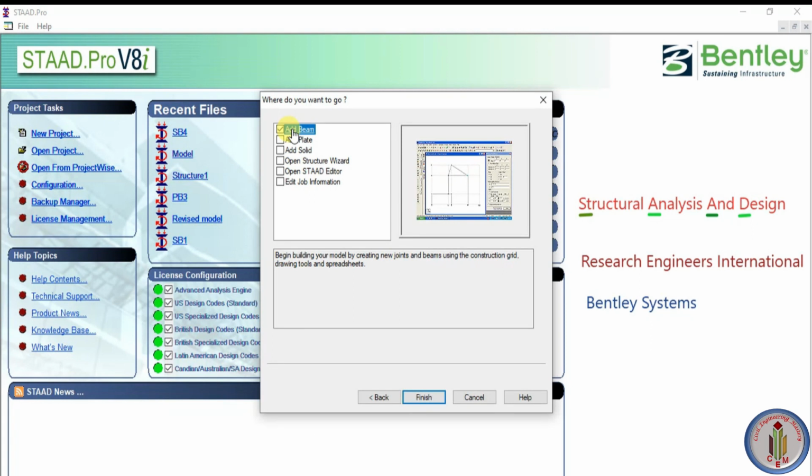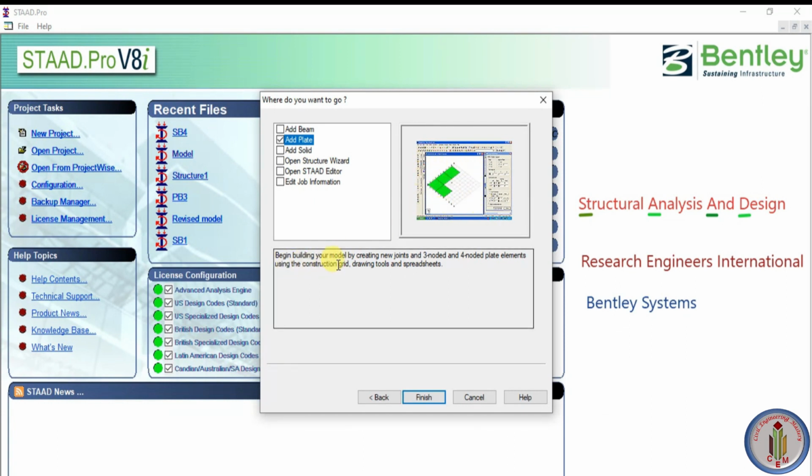If you select add beam, then you can read this: begin building your model by creating new joints and beam using the construction grid. So according to this we can draw a model. Okay, next, add plate. So as per this screen, you can see here the plates are added.